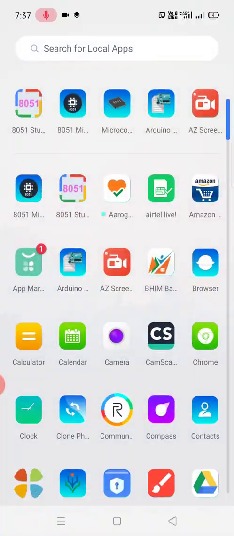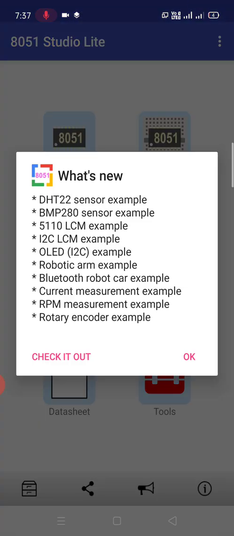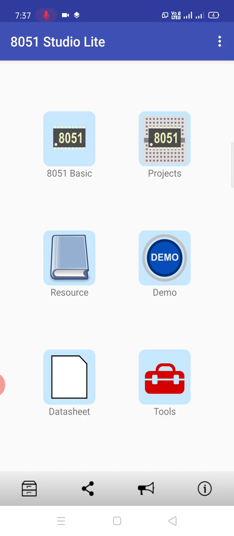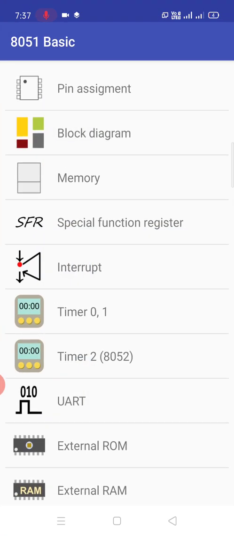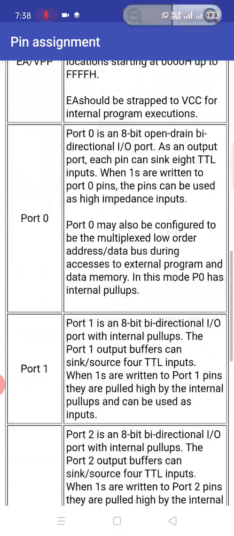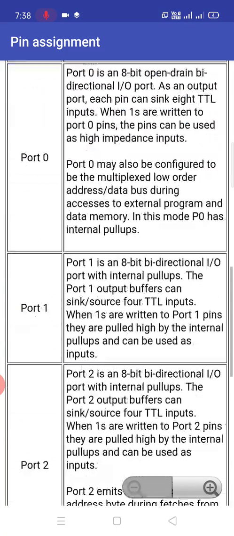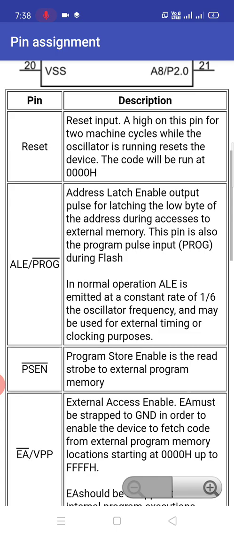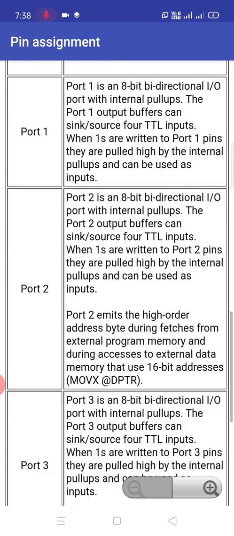And one more application, that is 8051 Studio Lite. This Studio Lite application covers the complete concepts of 8051, starting from a few basics. It starts from pin assignment. For the pin configuration of 8051, you can see a small description of all the pins here,